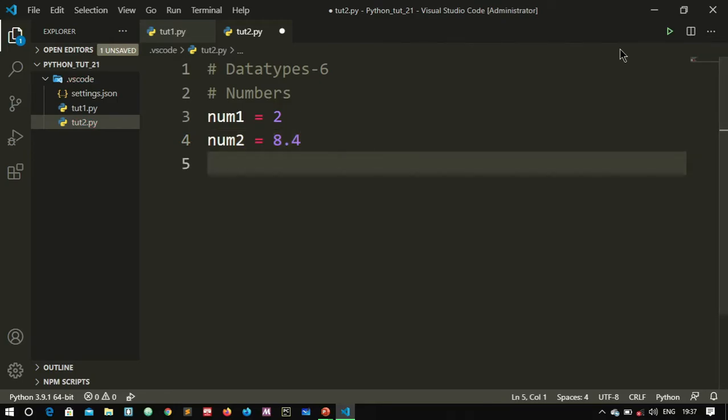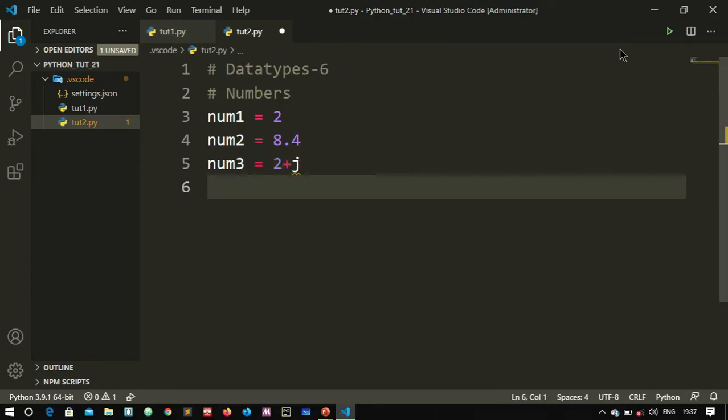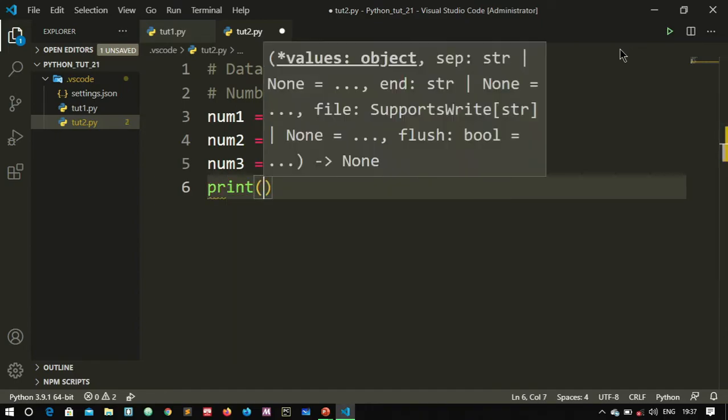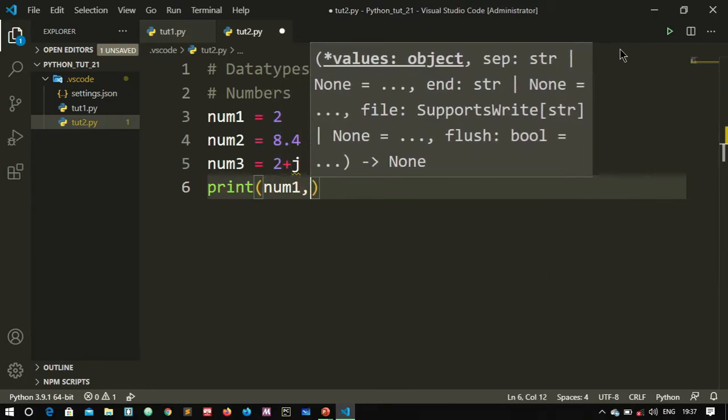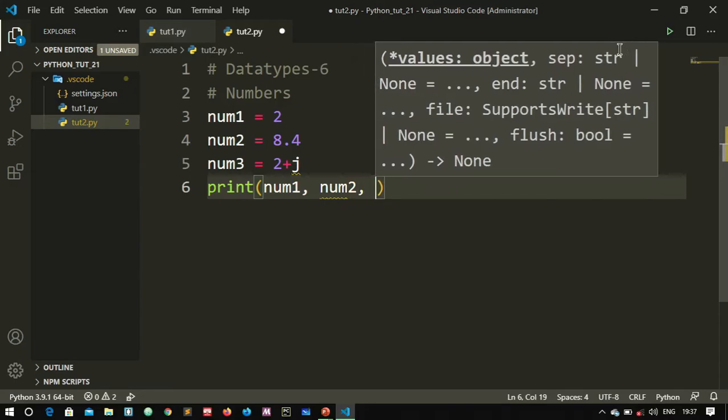And another variable is num3, and I'll assign it a complex number, let's say 2 plus j simply. Now if I print these numbers, I will simply write the names: num1, num2, num3,